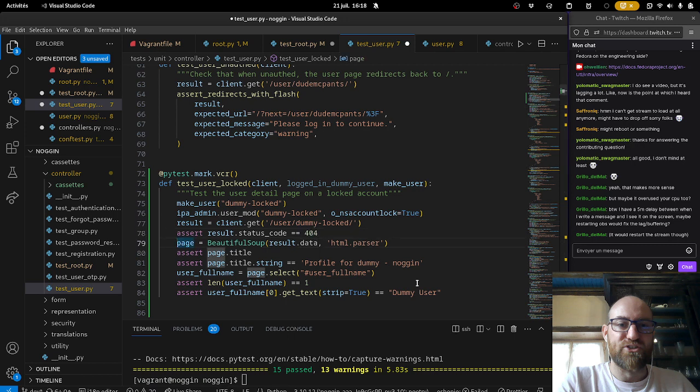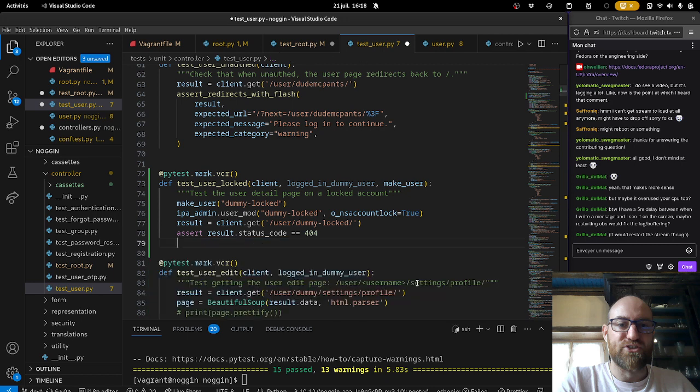All the rest is not useful. Well, I could look for an error message. I don't necessarily want to differentiate between a user being locked and a user not existing, because a user might be locked for various reasons, and we may want to hide the fact that they even existed at some point.